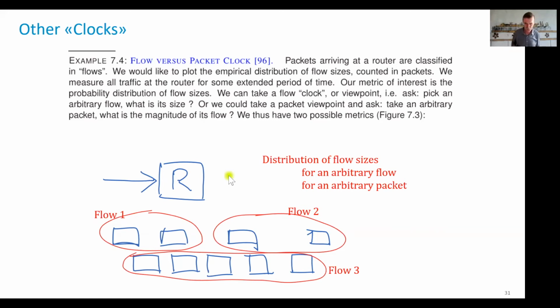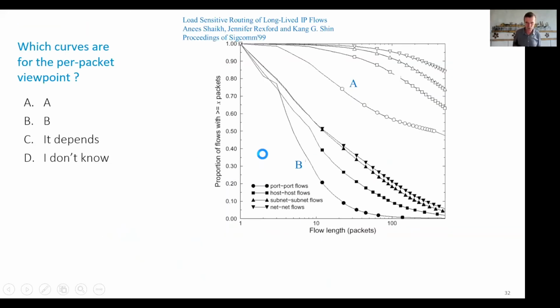For example, here we find in the paper that's given here, a SIGCOMM paper of a few years ago, Jennifer Rexford and co-authors measured the file length distributions in two ways. One way is the so-called per packet viewpoint, and another one is the per file viewpoint. Per file means I do statistics on a server. I measure all the files that have been transferred. I have a long list of file transfers, and each of them has a given length. That gives me a statistic.